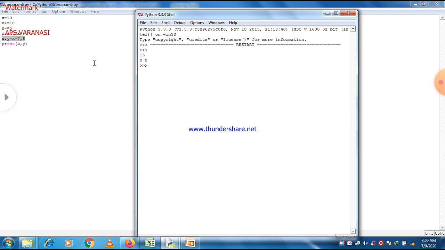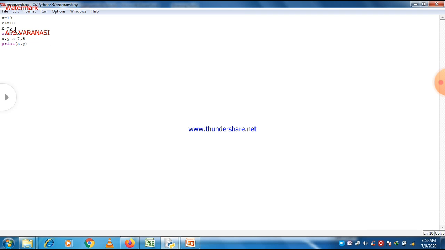Let's make some changes again, because both values are the same, so it may create some confusion whether x is 8 or y is 8. So let's make some change in this program to check whether the answer is the same or not. x minus 7 here, so you can see that. x minus 7 comma 10.